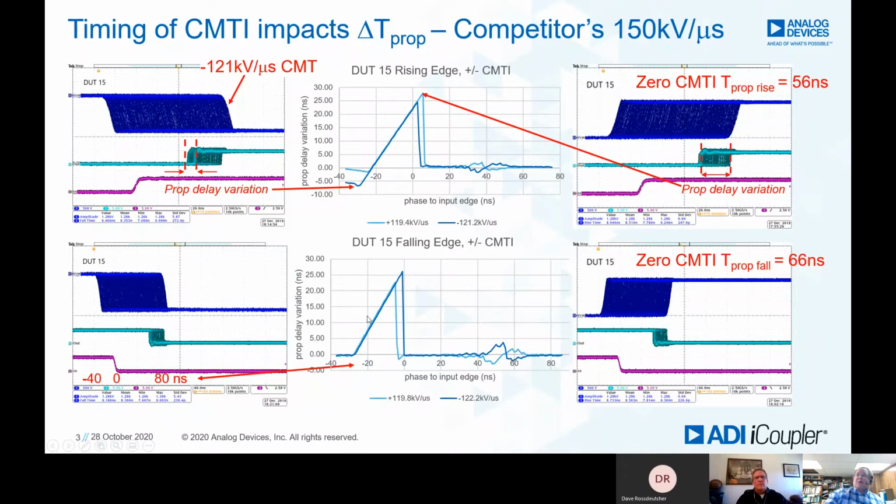Here, this is a 150 kilovolt per microsecond part. We're applying 120 kilovolt per microsecond transients in each of these, and you can see we're introducing up to potentially 30 nanoseconds in timing jitter, which is half of the propagation delay you can see for that.